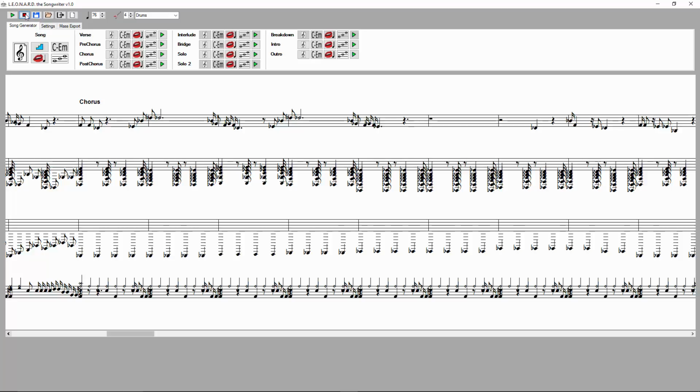Okay, so that's how to regenerate parts of individual sections, but you can also regenerate parts of the entire song at once. So these buttons here will regenerate the chord progression, vocal melody, and arrangement respectively for all sections at once. Alright, so that's the top-down approach to using the Leonard system, where you generate an entire song first, then